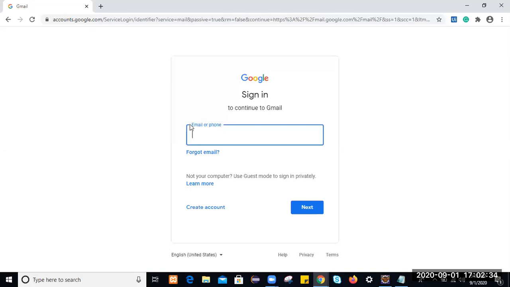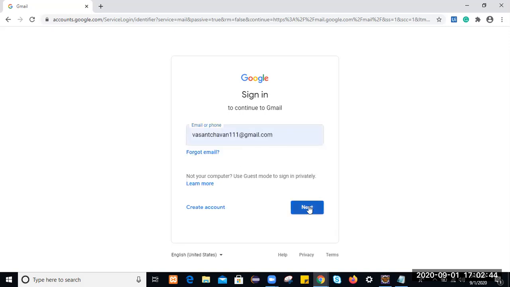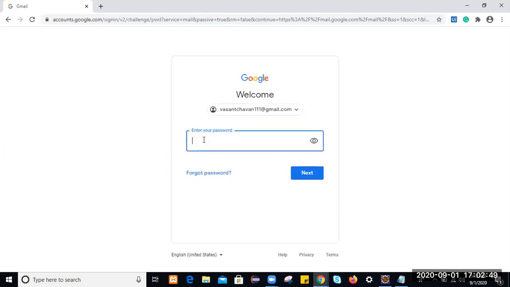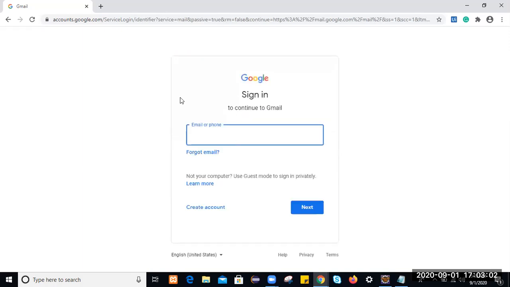To interact with this email field, we enter some username like an email address, then click on the next button, then again enter the password. To interact with these, we have to use locators in Selenium, and these locators will help us interact with this web element.